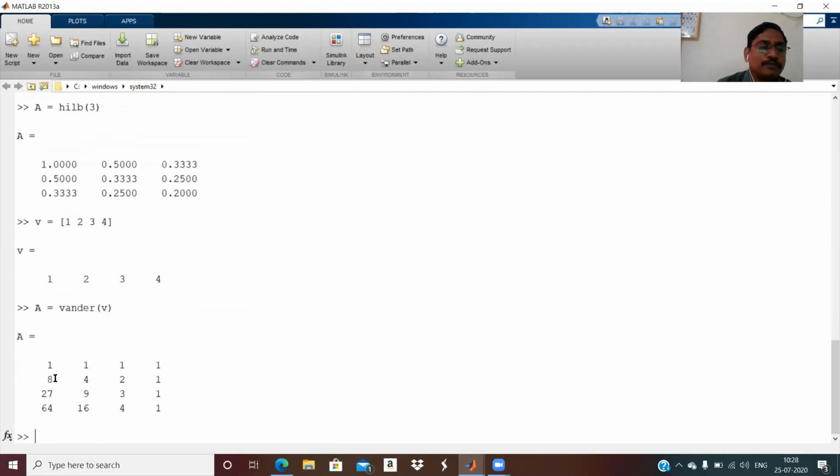It is a 4 by 4 Vandermonde matrix, and see the columns are in geometric progressions. 1, 2, 3, 4 is the most important part.